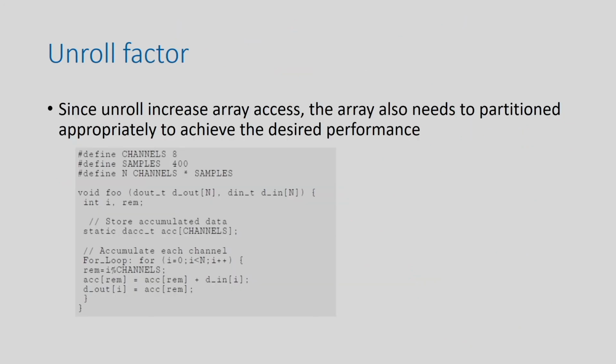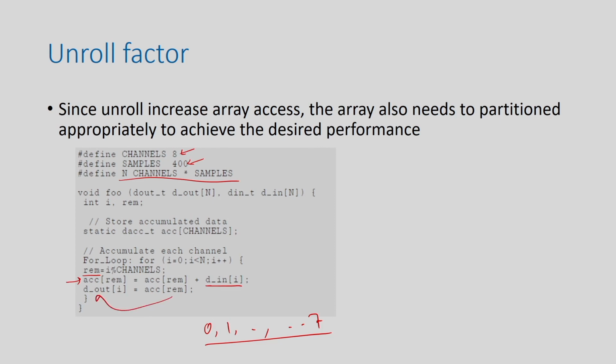Okay. So, I will take another good example. Suppose I have this code, right. In this code you can see there are two factors, one is channel and one is samples, and the total number of iterations is basically channel into samples. And what is happening here, see carefully. For every i, I get the remainder value, which is i mod channel. So, the remainder value will be one of 0, 1 to 7, right. And then, corresponding to that, I am updating the accumulator by adding the value D in. Okay. So, what is going to happen here? Then that value I am going to return out to D out.